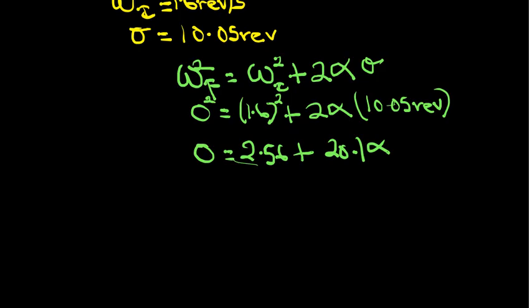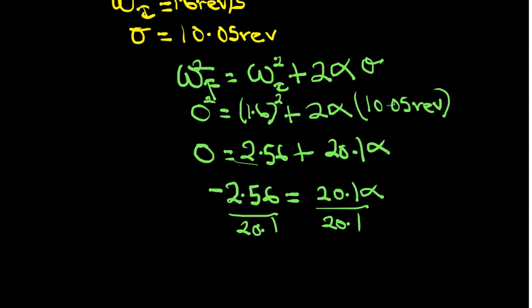So now you collect the equal sign. This is a 0, this is 2.56, so this one can cross the equal sign and becomes negative 2.56, which is equal to 20.1 times alpha, the angular acceleration. So divide by 20.1. So what is the value of the angular acceleration? It becomes negative 2.56 divided by 20.1, which is negative 0.12 rev